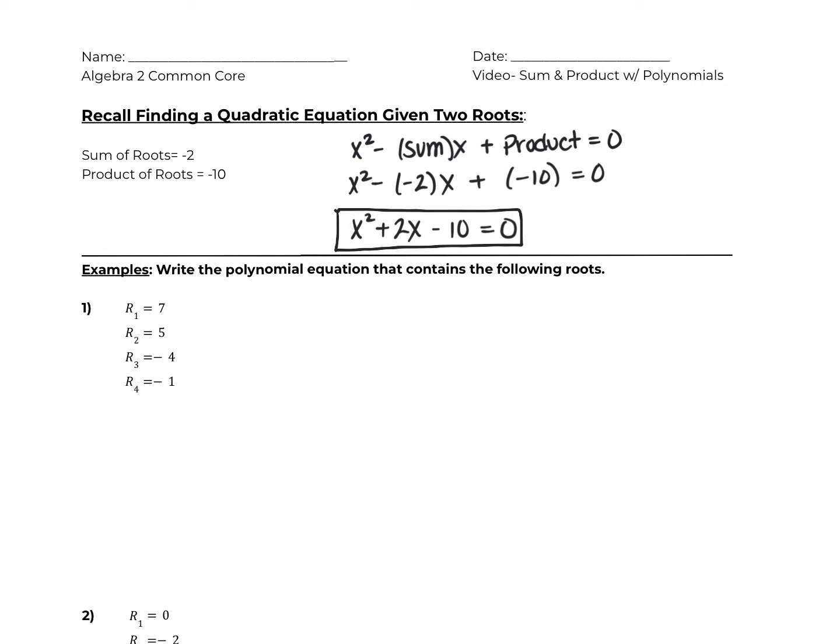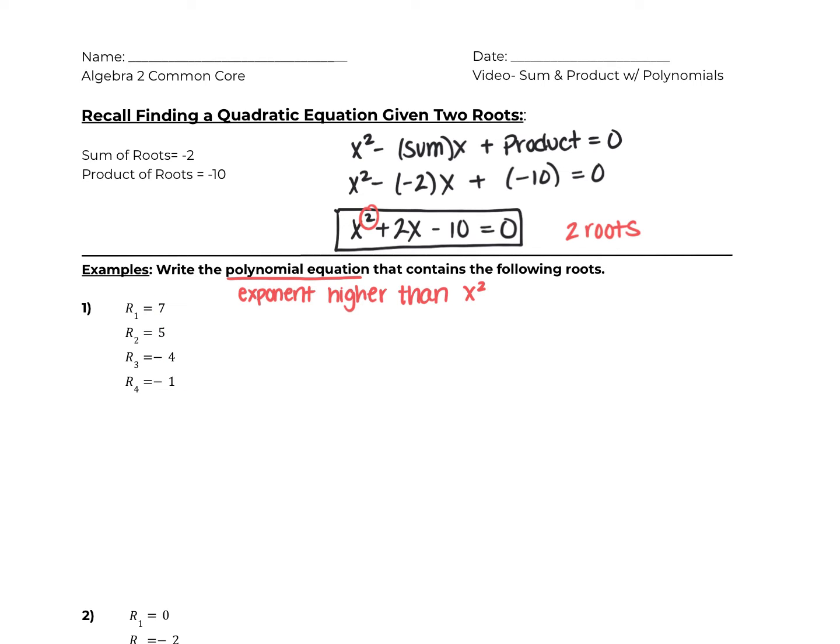Now it's important to note that quadratic equations will only have two roots, right? x squared equations will only have two roots. So what I'm asking you to do now is write a polynomial equation that contains the following roots. So a polynomial equation is an equation that has an exponent higher than an x squared, right? x squared is a quadratic. Now, technically a quadratic falls under the category of polynomial, but when I mean polynomial, I'm meaning more than two